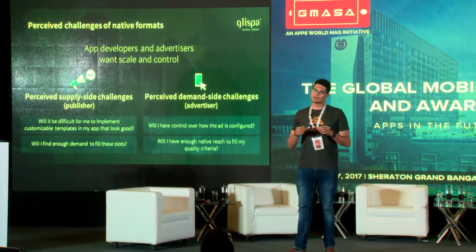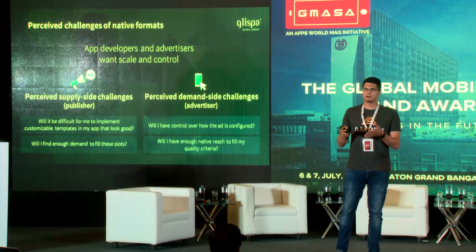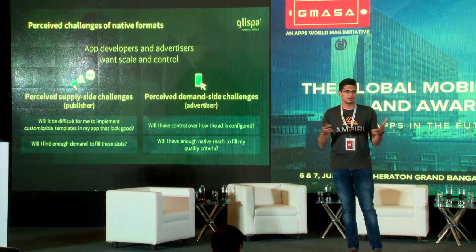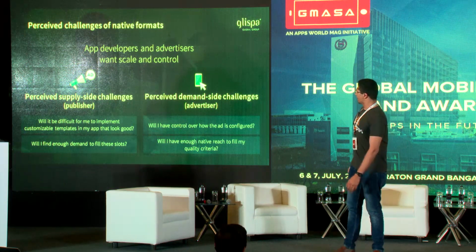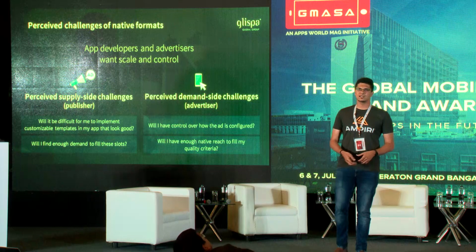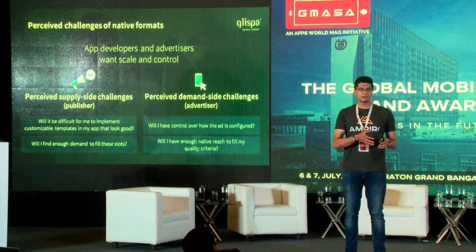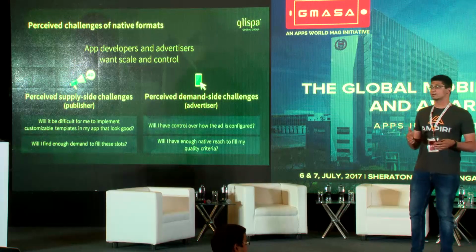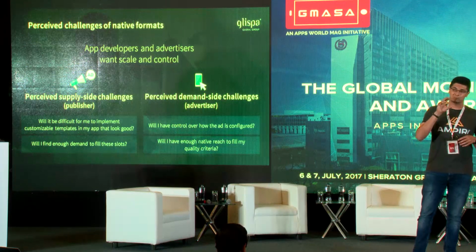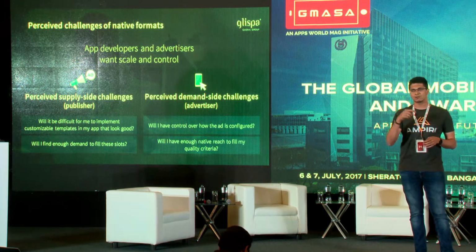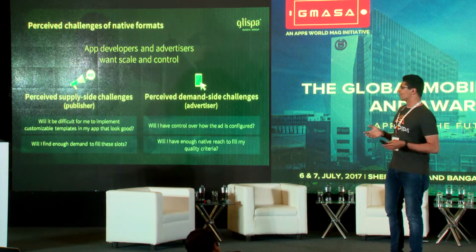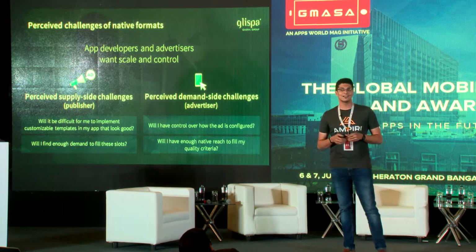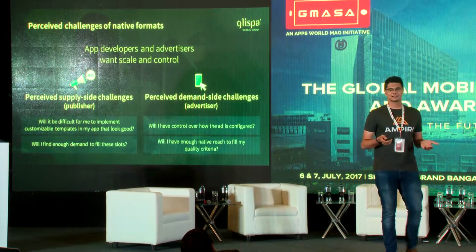Now let's talk about maybe a couple of challenges from both the supply and demand side, because for any ad format, these are the two elements that have to combine for it to work. From the supply side, which means from the app developer side, one thing that people really complain about is that it's difficult to implement. When it comes to banners or interstitials, it's easy. You take a piece of code, you define a slot, and that's it. Forget about the rest. Whereas when it comes to a native ad, you need to think about what the perfect placement is, whether it comes in your feed or whether it pops up when someone's finished doing an action. That's on you, right? That means work. So that's one challenge. And the second thing is, are there enough advertisers for a native ad slot? So that's the biggest